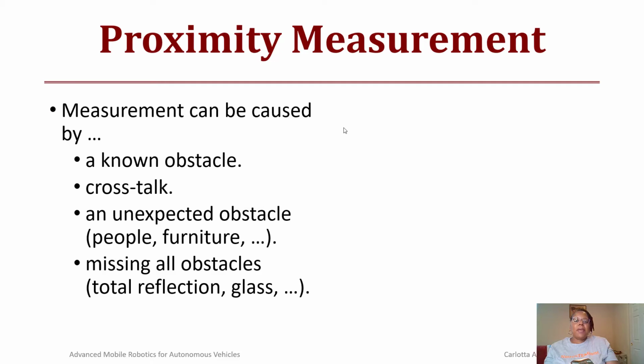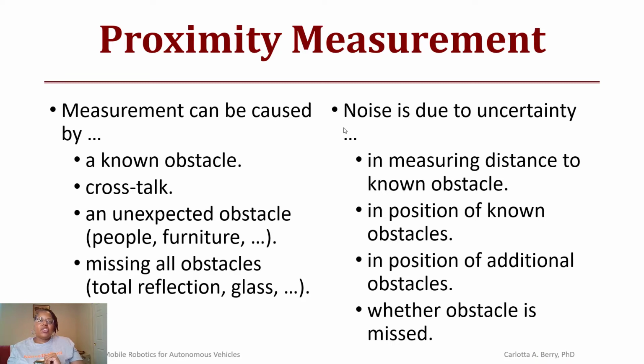So this proximity measurement can be modeled caused by things like a known obstacle, crosstalk, unexpected obstacles in the world, as well as missing obstacles together. Another example of missing would be going through, for example, glass. And so this noise due to this uncertainty can be caused by these 4 things, like measuring distance to a known obstacle, in position of a known obstacle, in position of additional obstacles, and whether the obstacle was missed or not. And this concludes our initial lecture